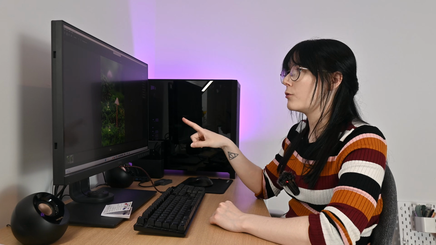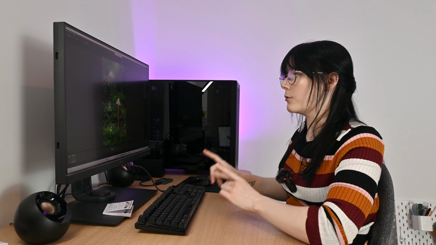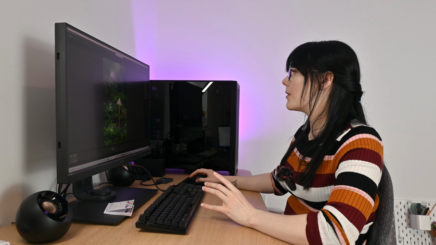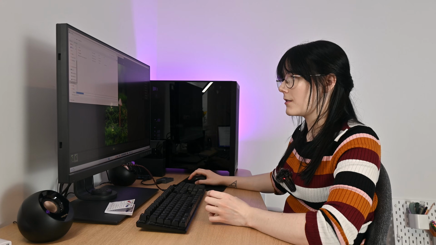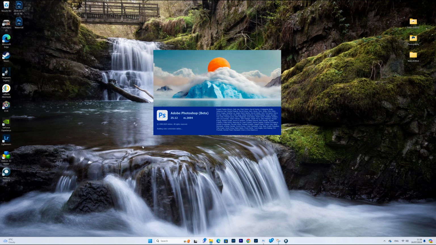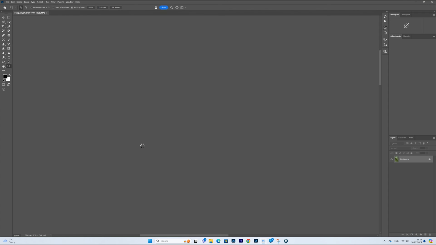Now, if you use Lightroom, I believe there is a plugin for Helicon Focus where you can export directly into Lightroom. There isn't for Photoshop that I know of, so I'm going to have to save this as a file. So I'm going to save it as a TIFF file, and I'm then going to go and open that in